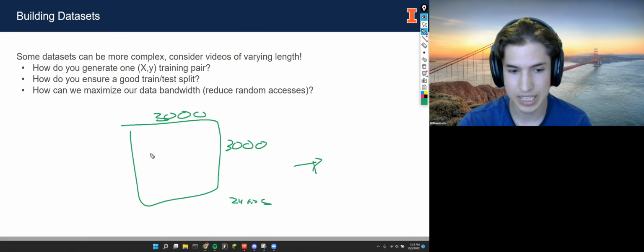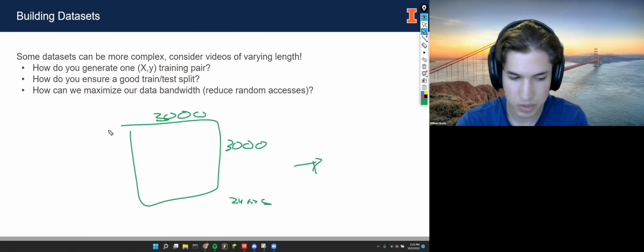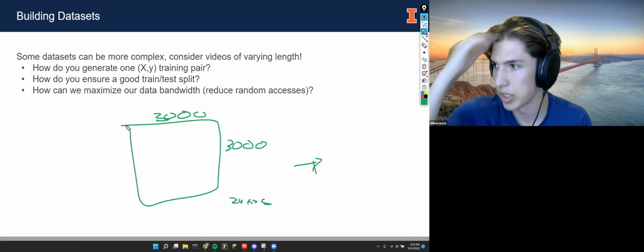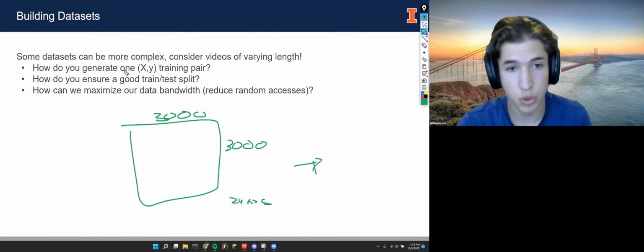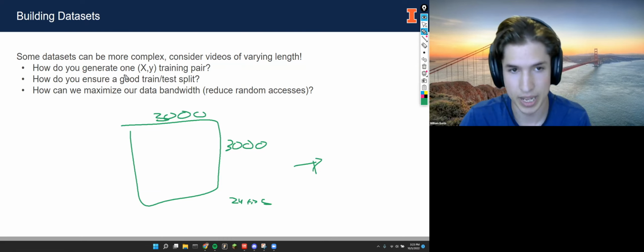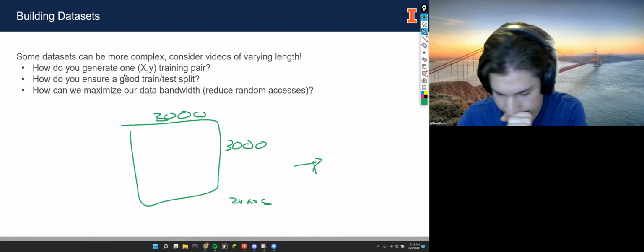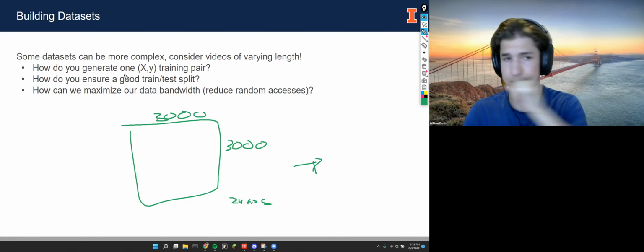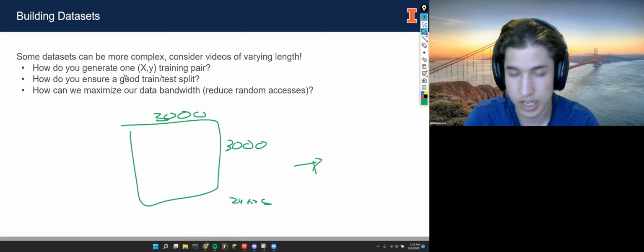If we're randomly selecting individual frames, it's actually quite inefficient, because from the computer's perspective, it's very much like we're doing random reads, which isn't always best. So either storing our data in such a format that we're not doing random reads, or just making sure that we're loading our data in such a way that we're maximizing our data bandwidth can